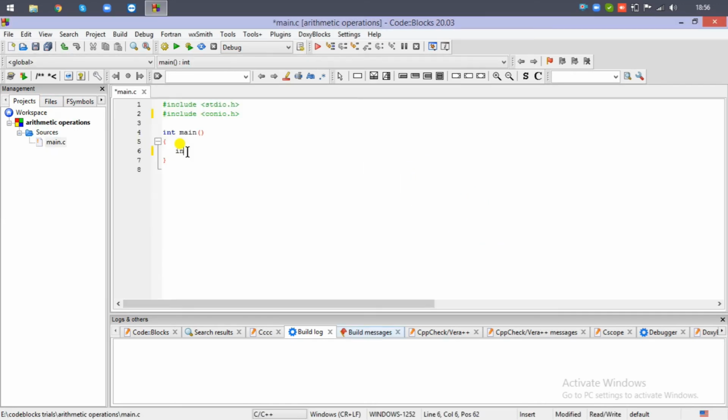So let's write int a, b, and this time it's q to find the quotient. Printf, enter two numbers, and scanf %d ampersand a and ampersand b. Let's write the equation. q is equals to a by b, semicolon, printf,